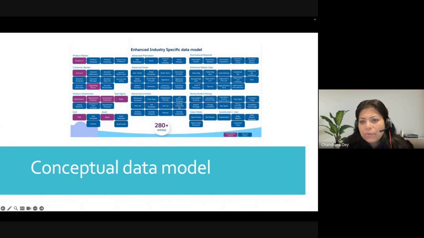So if you want to use any of these features, you have to use the enhanced data model. Not that you cannot achieve CG Cloud features from the base model. You can also achieve them, but the enhanced model gives you a lot more capabilities. So it depends on what solution the company wants.